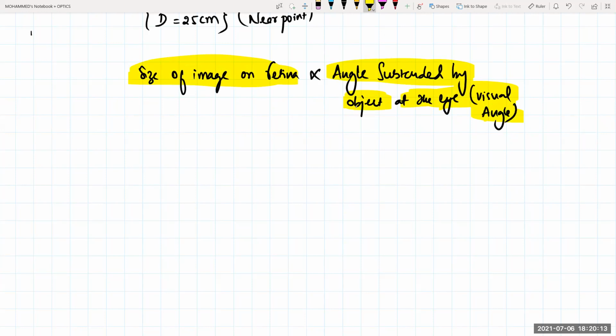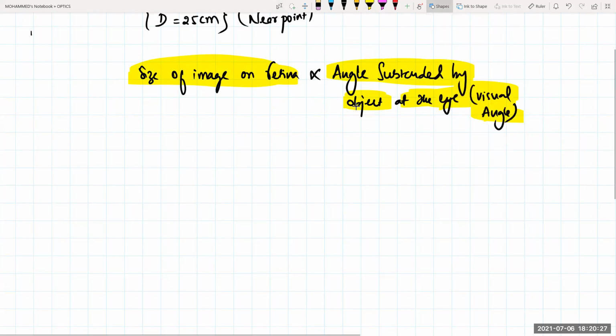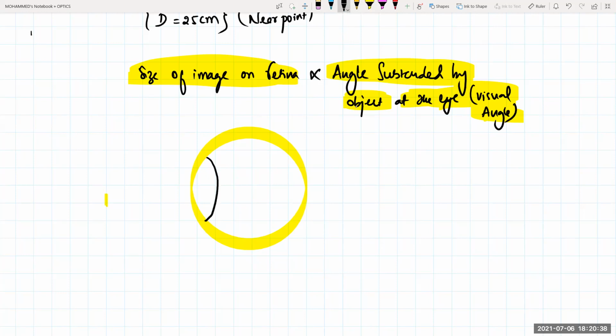So what is the maximum angle with the naked eye, beta? It should be at what distance? 25 centimeters, yes, sir. The angle made by the object. Like, for example, if I take the diagram here right now, if I take this one as your eye, and this one is, for example, the black part, and this one is your axis.